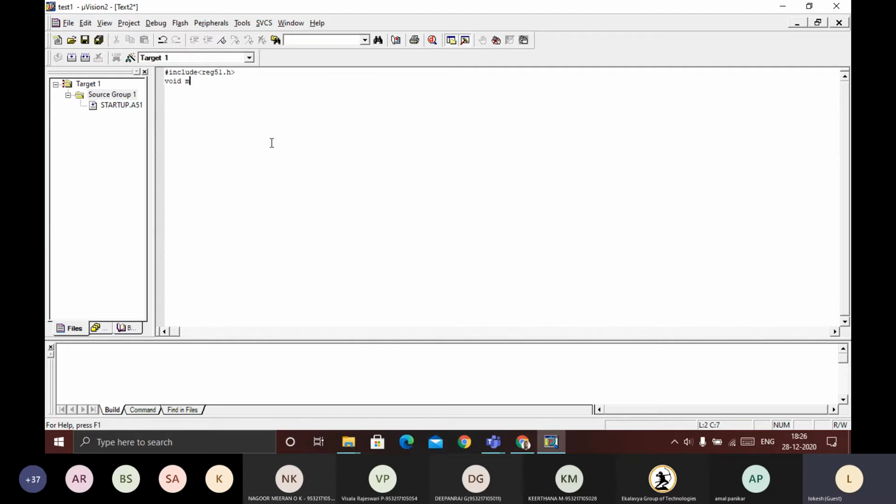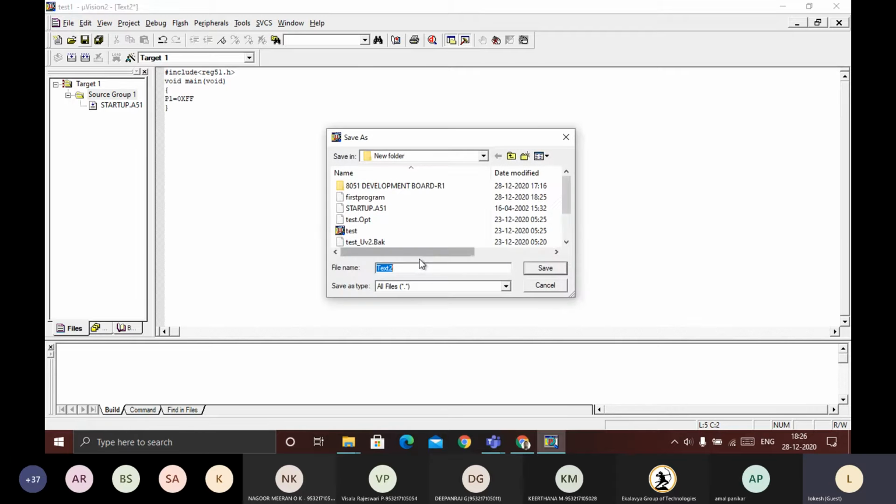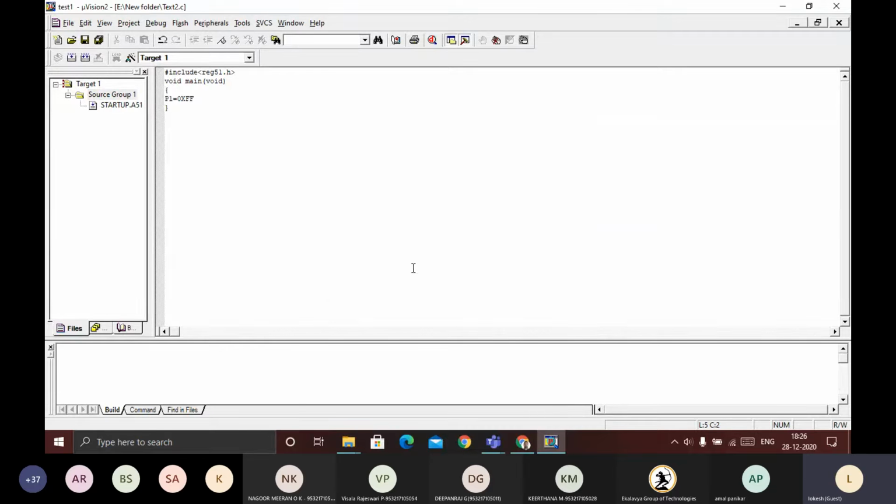Void main void, and enter capital P1 is equal to 0xWF. Okay, and close. So I will save as test2.c. Okay, I forgot that one previously, that's why.